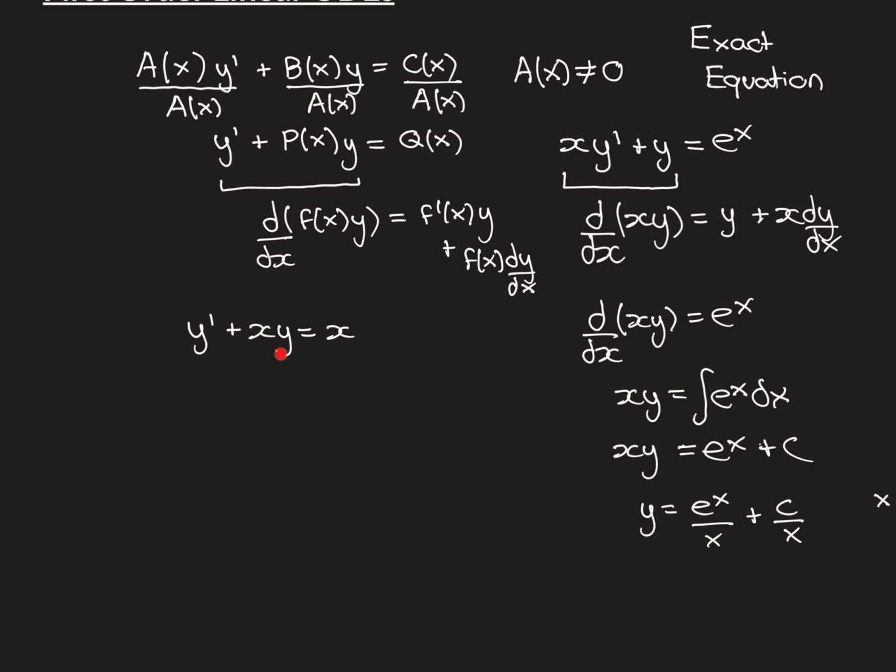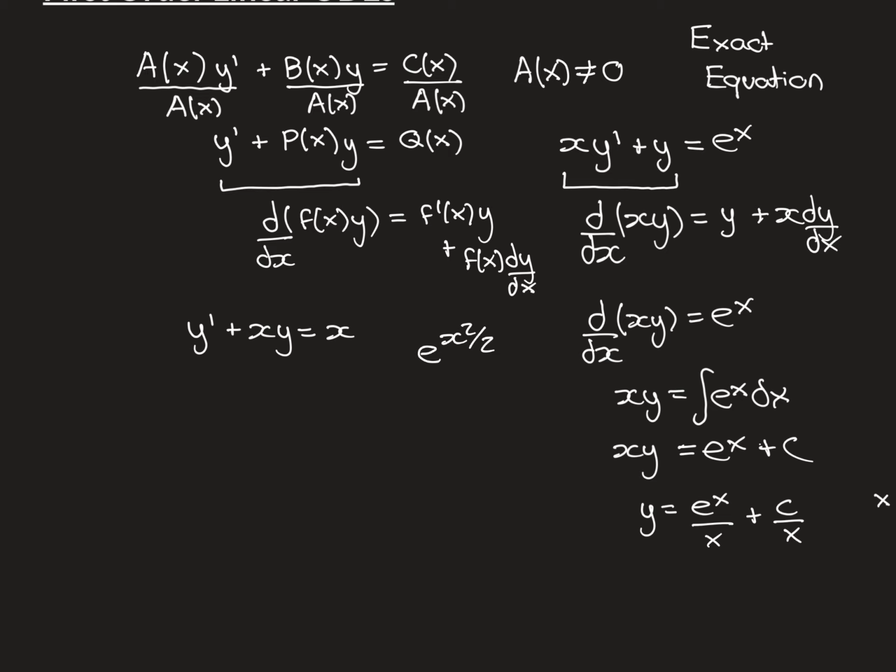However, for anything like this, and in general anything like this, there is a way that we can make it into an exact equation, i.e. something where you have a derivative of a product here. And the way we can do that is just by multiplying through by an exponential. So if we were, for instance, to multiply through by e to the x squared over 2, then this differential